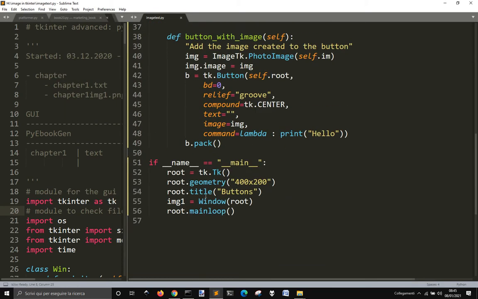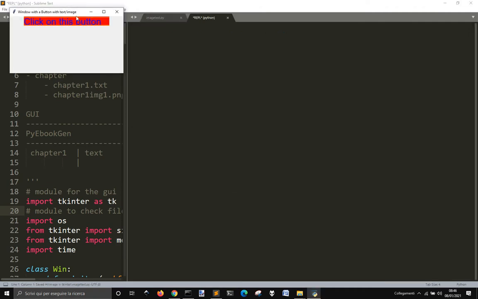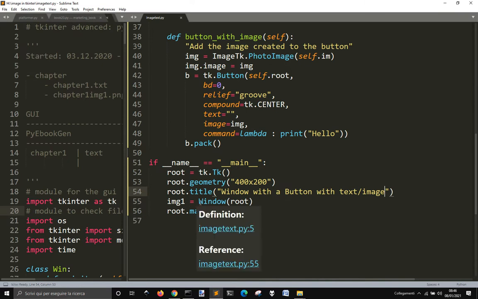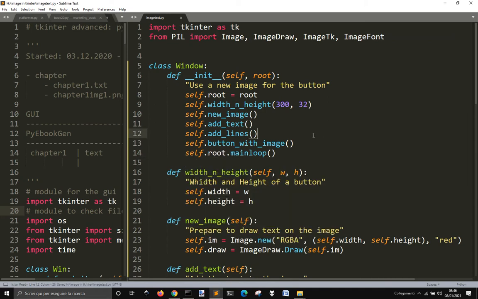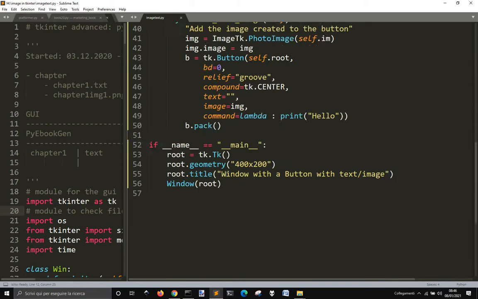Okay, how this works. So we create a window with tk.Tk, give some geometry here, the width and the height, and then we launch with this title here, window with a button with text slash image. And so then we have this, we launch the window, passing it the window class, passing this root window to it, and then we have the root main loop. We can also put it here. Okay, so this is just to